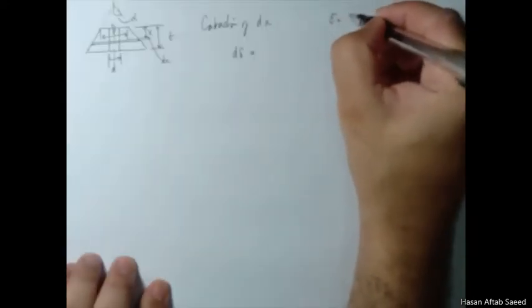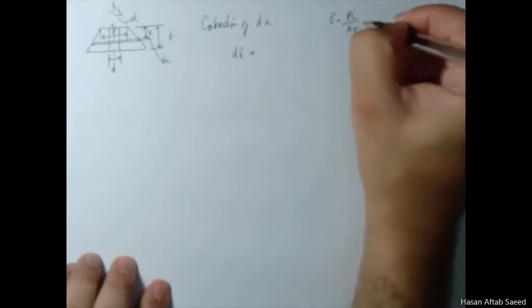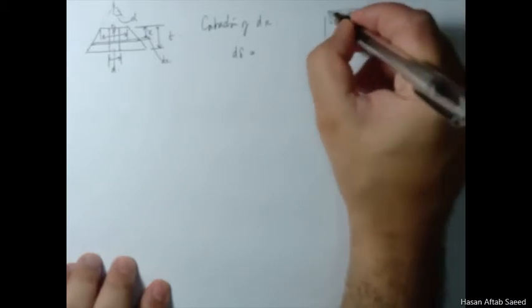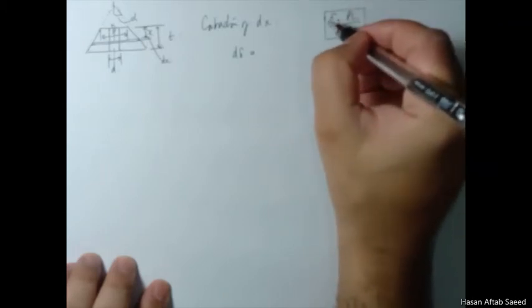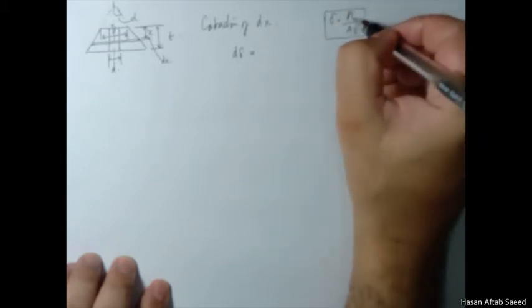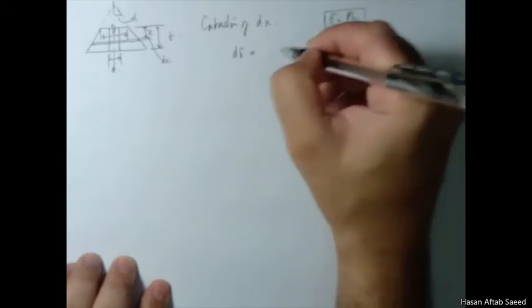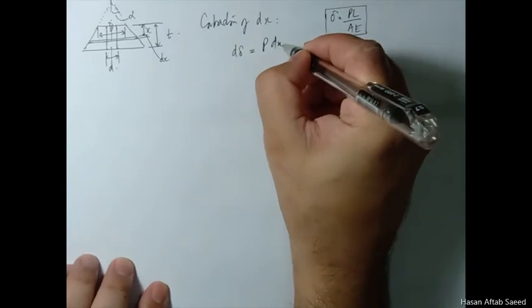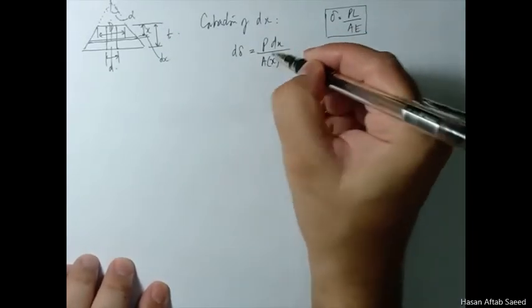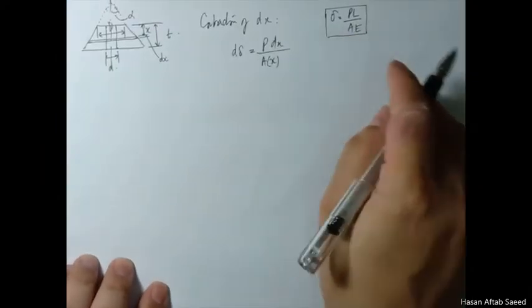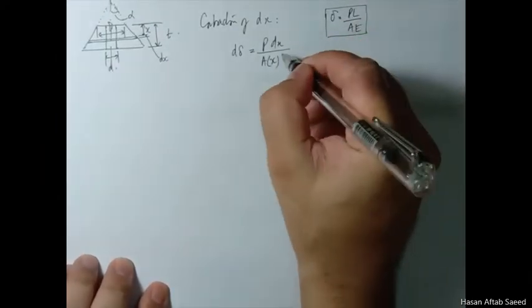This formula PL over AE is the same formula that we have seen before, but in this case this is a differential contraction and this length is also differential. So this converts to P dx over A, which is a function of x. Now A keeps on changing. Here it was constant,